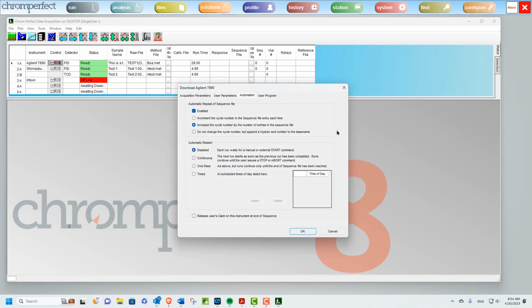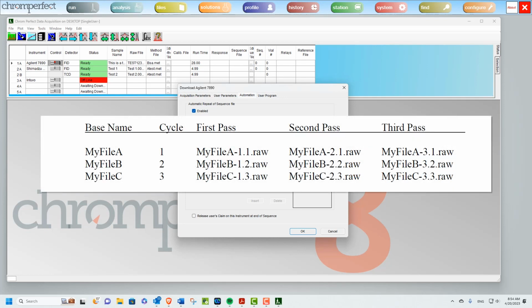if the sequence file entries fit neither of the above, then the third option is appropriate. The base name will be decorated with a hyphen and a number. This number will be 1 for the first pass and will increment for each subsequent pass. In this case, the base name and the cycle number identify the sequence entry and the appended number identifies the number of passes through the sequence file. For example,